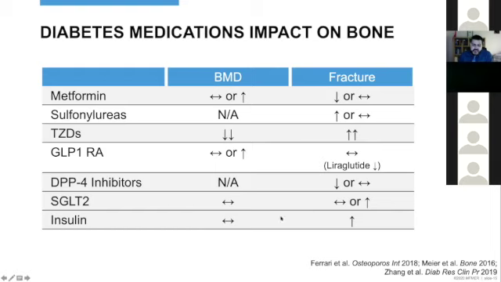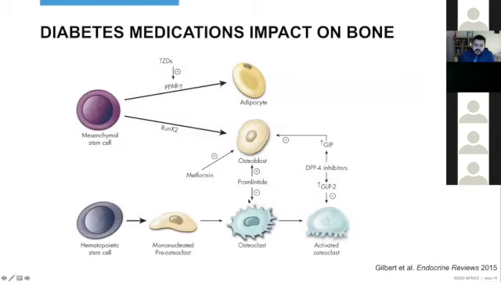And then insulin, as I said earlier, seems to increase the risk of fracture. Fracture rates are higher, but this could be a confounder in most of the studies, as patients on insulin seem to have a longer duration of diabetes, a higher A1C, both of which are higher risk for fractures in type 2 diabetes. I'm not going to go over this, but I included it here. If you want to look at where these medications could impact the bone at the cellular level in order to see the effect that we're seeing, this would be a good review to look at.